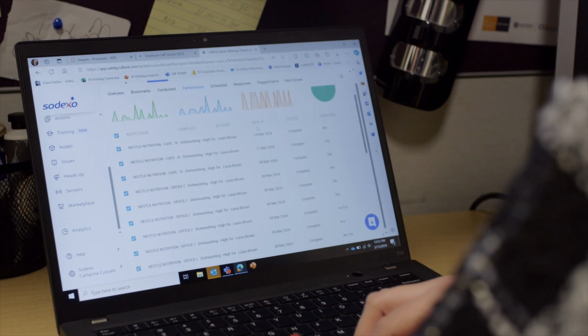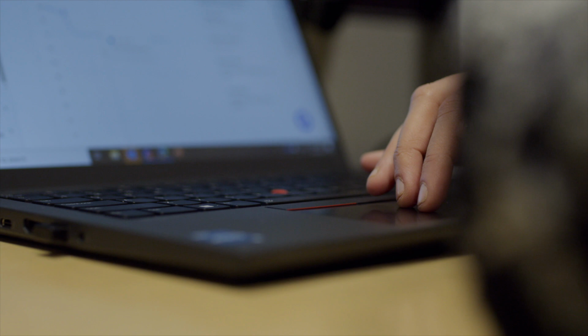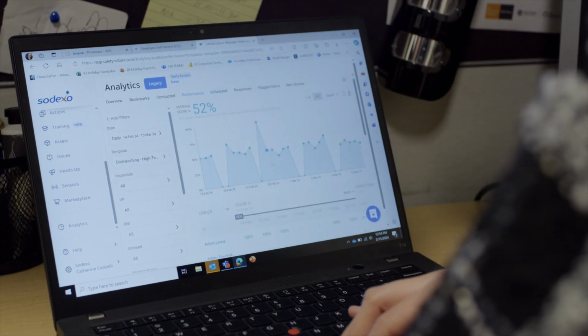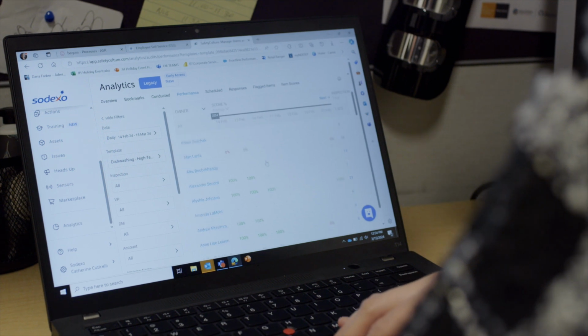Large organizations will often want to pump data out into a tool like Power BI or into a data lake, and that's great. But not every company has the resources or requirements to necessitate something like that, which is why it's important that we have a simple to use analytics tool in the platform. Even if a company does have a data team who are creating dashboards and manipulating data, that doesn't mean everyone has access to it. So striking a balance is often what's best for the whole organization.